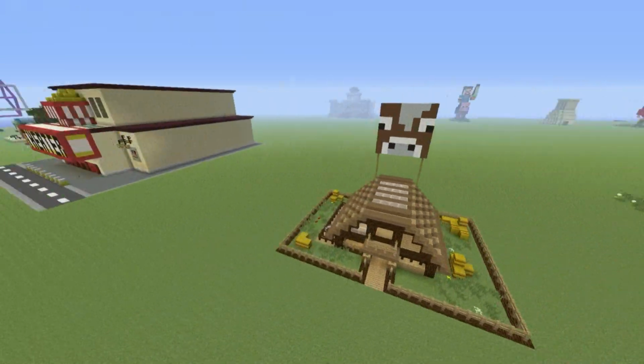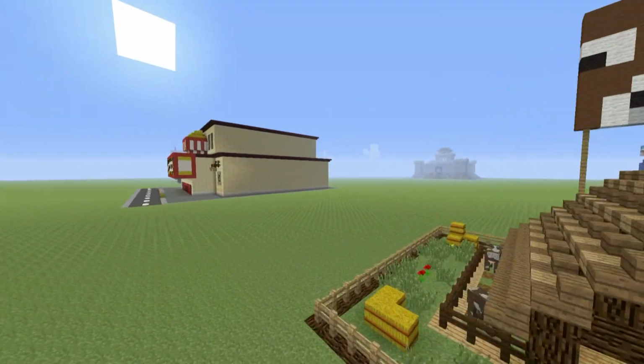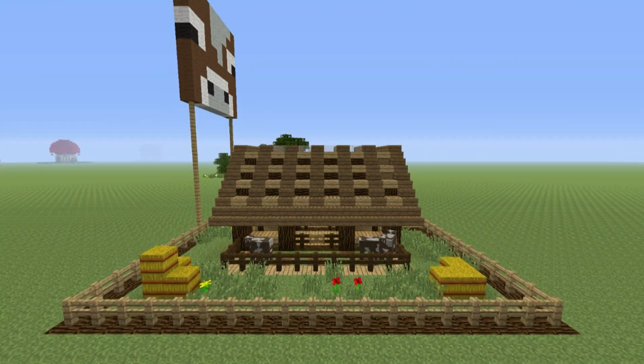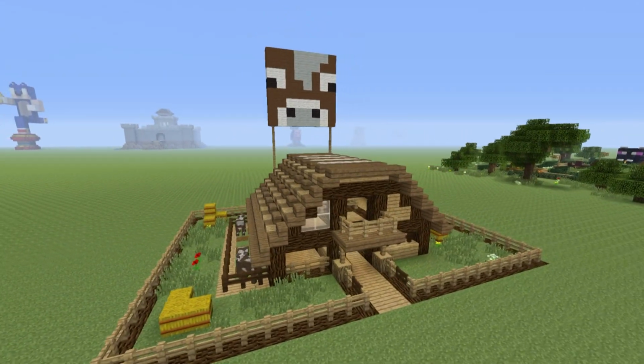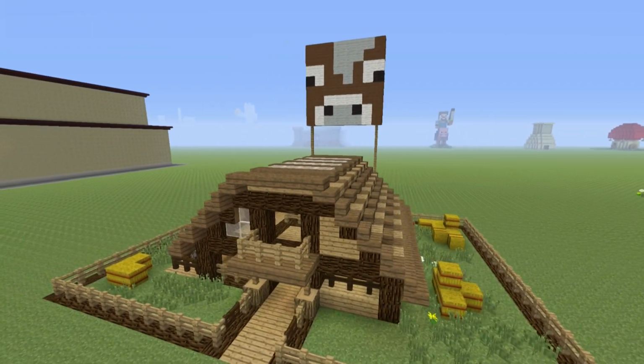Moving on down, we have a cow house. Oh, we even have some cows. Wonderful. Hello, little Moo Moo friends. So, a Moo Moo is a League of Legends champion. I don't know why I just thought of that, little Moo Moo friends. Anyway, like I've made a pig house, like I've made a chicken house, cow, dog, cat, etc, etc, etc, we